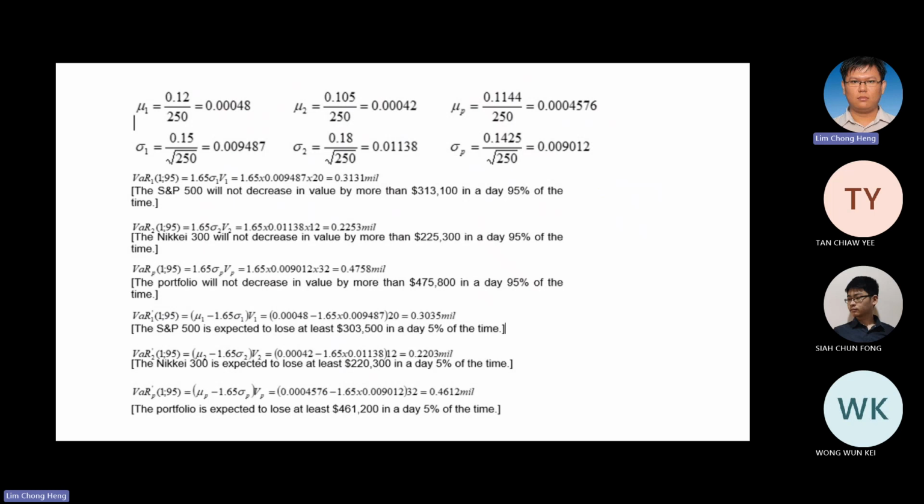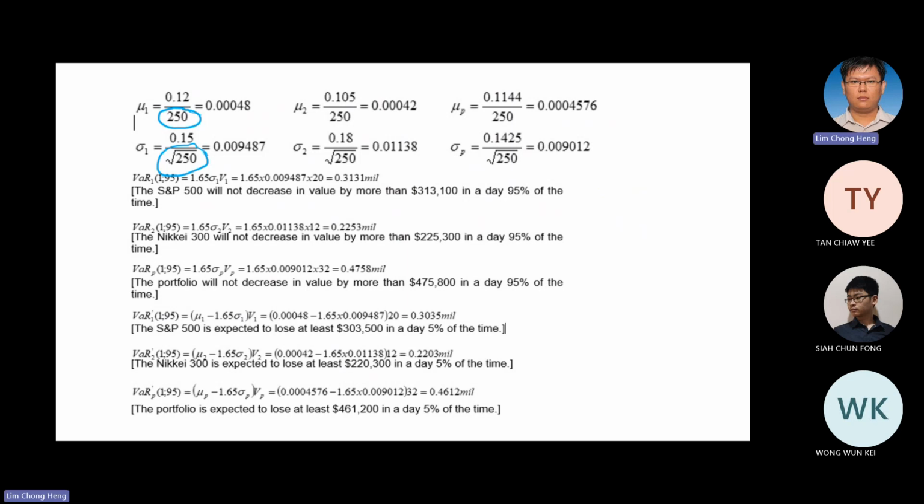Okay, we want to convert from annual to daily. What do we need to do? Divide all. But we got two pieces of information. Only for the risk we use the square root of 250, the square root of time. And then the standard deviation, sorry, not standard deviation, the return, we don't need the square root of time. We just divide by 250 only.